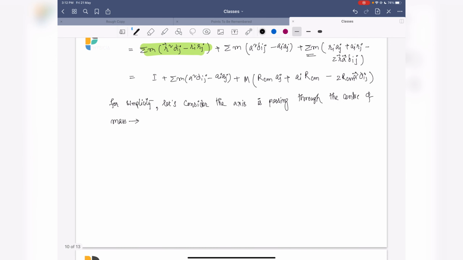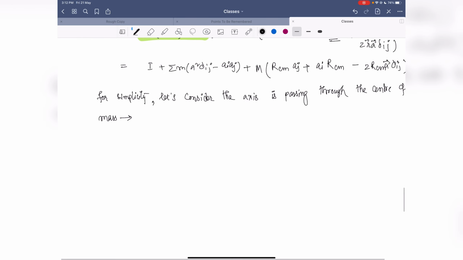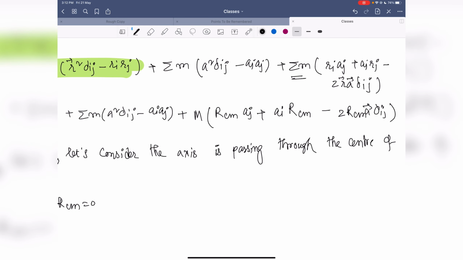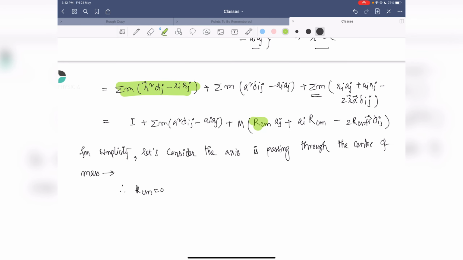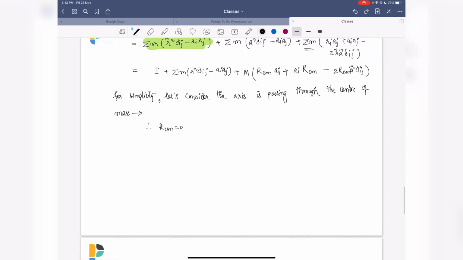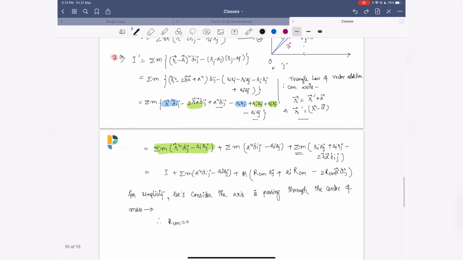The axis is passing through the center of mass, so the distance of the axis from the center of mass is 0. So I can write R_CM to be 0. Now if R_CM is 0, you see this term will just vanish, R_CM and R_CM. So as a whole this term will be 0. So what we are left with, I can write now